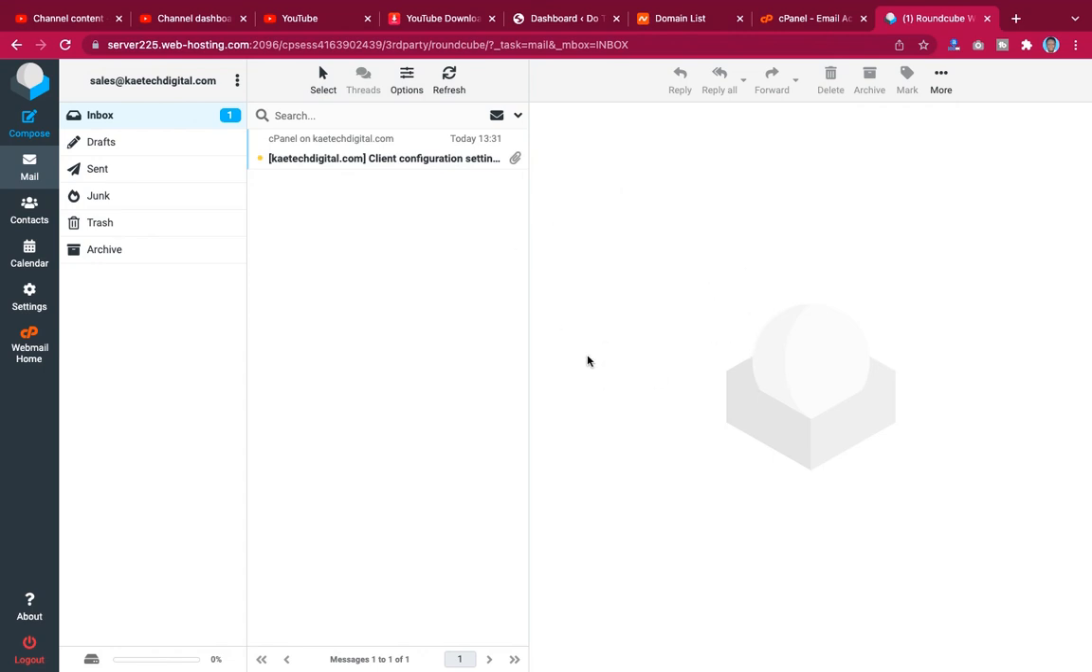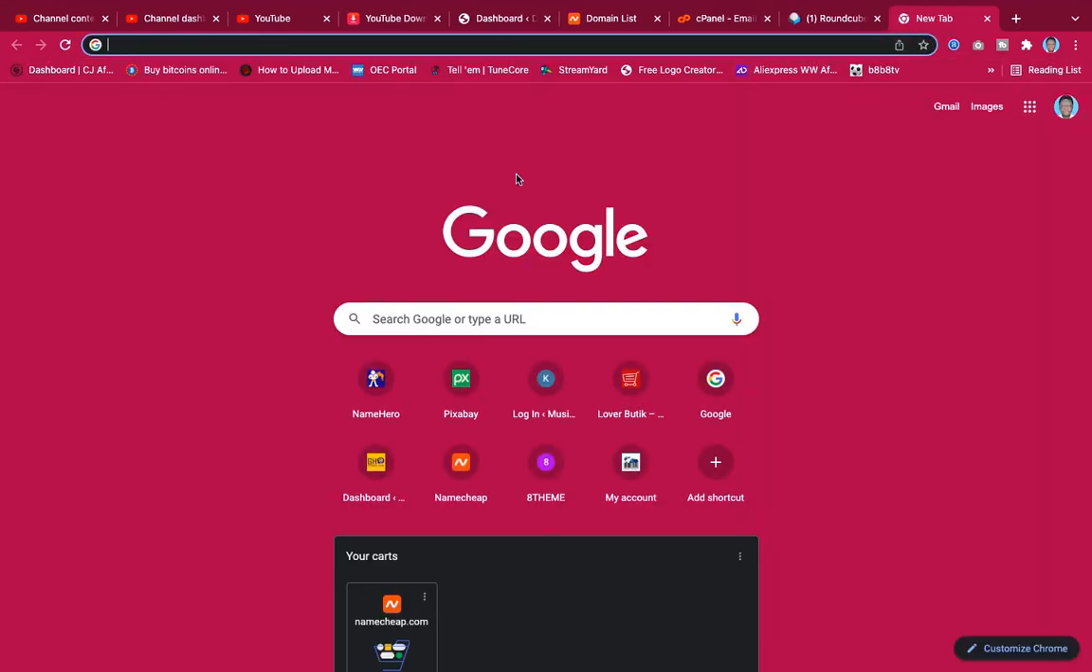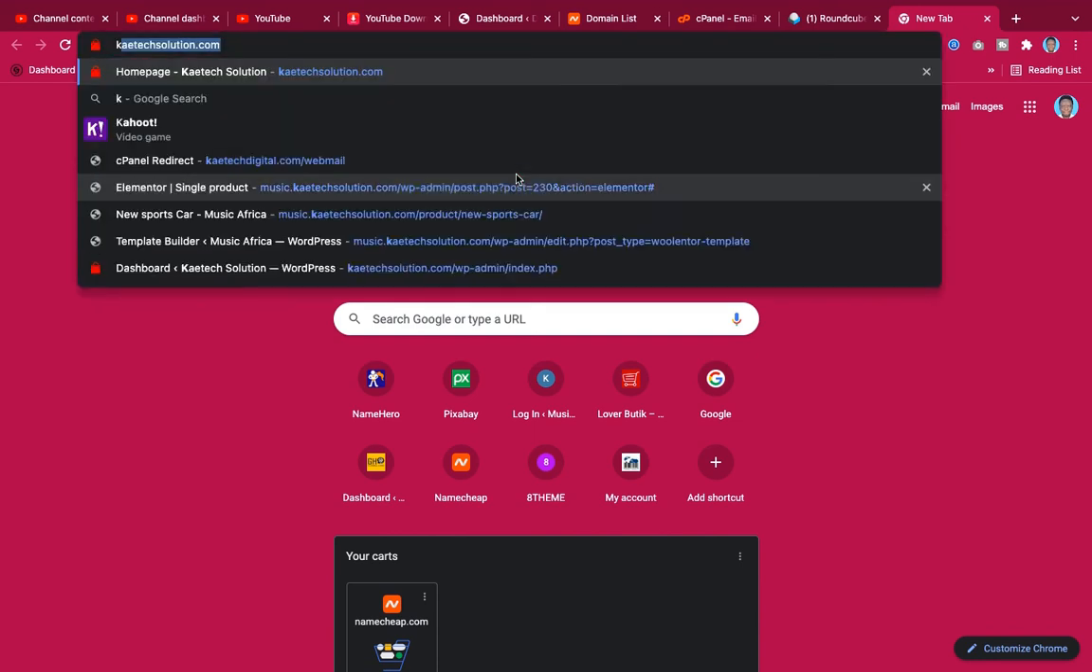Now after creating the email, you have seen you have a way of logging in. But what about your client that you are creating for? Maybe it's not even your client, maybe your team member, or maybe anybody that you are creating it for. For the client and your team member to be able to log in, they don't have to pass through the cPanel. All what you need to do is give them this web address. So the domain name that you use in creating, that is, for me, I use Kitech